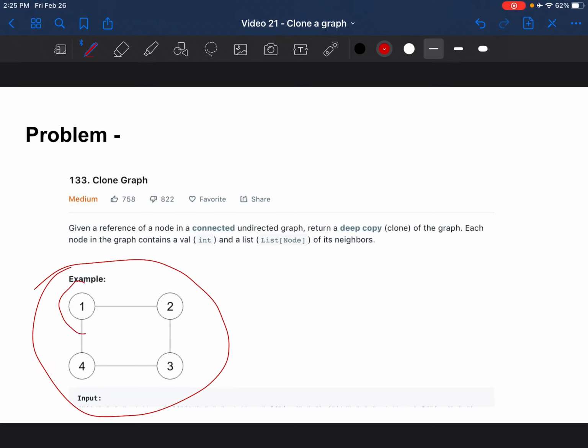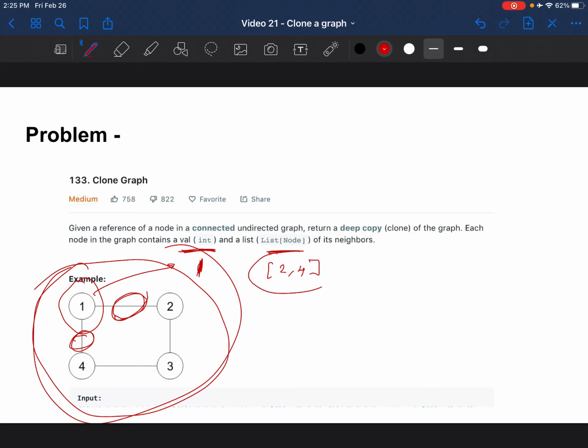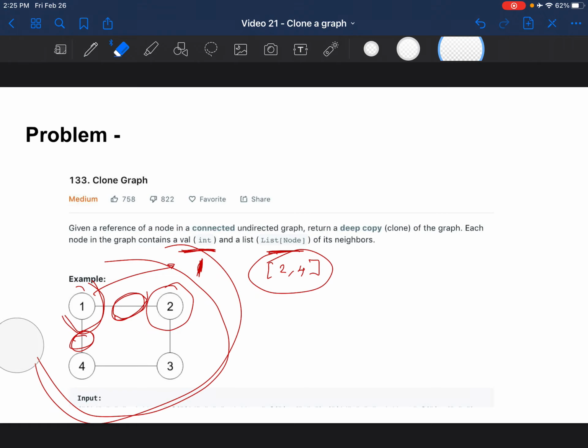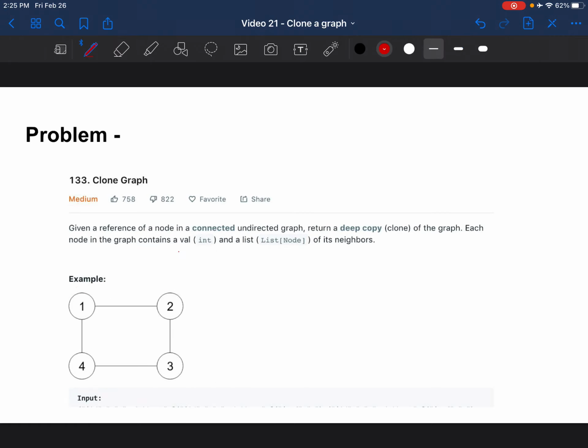So coming back to the problem, we've been given this graph as an example, and every node here has two substructures. One is the value of the node, which is 1 in this case, and the other is a list of nodes which are adjacent. So for 1, the adjacent nodes are 2 and 4. So you'd have a list which points to node number 2 and node number 4. I hope the concept of the problem is clear and what's given to us. You're given this graph, a value for each of the nodes and an adjacency list. So if you're at 1, you look at the list and you go to the next element,